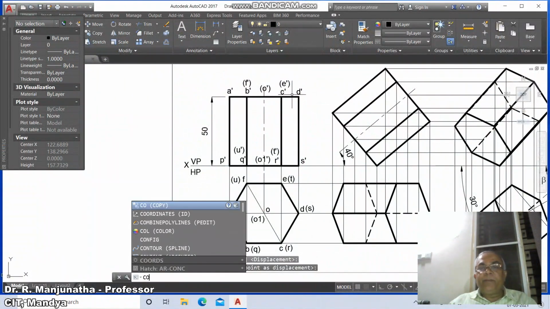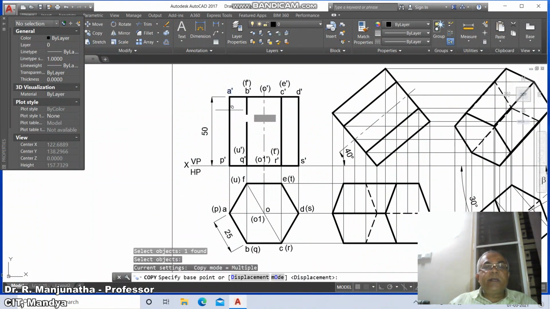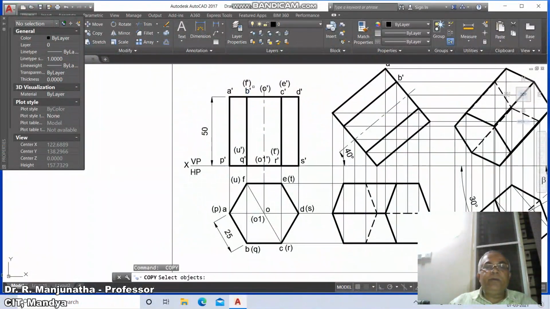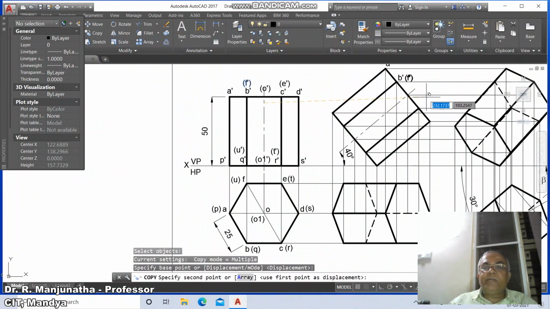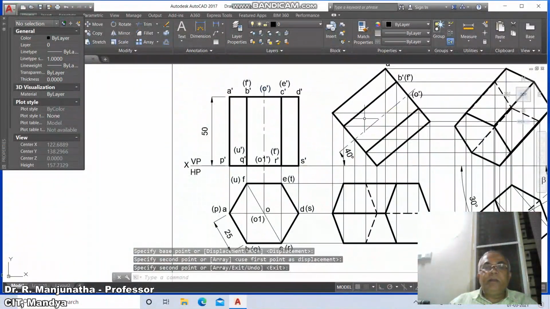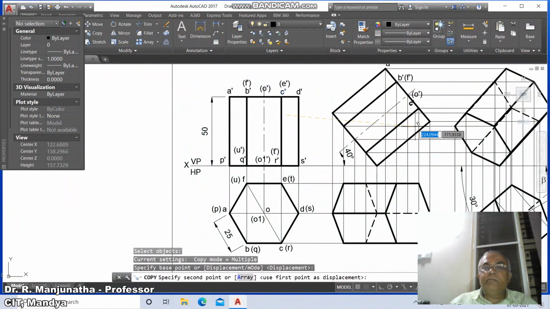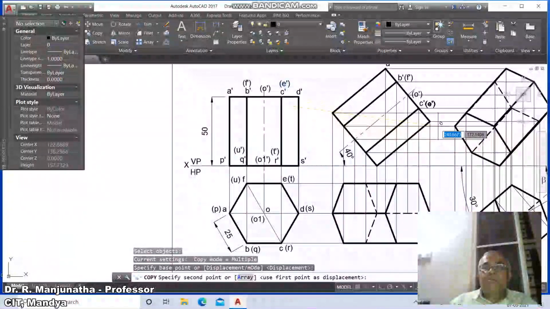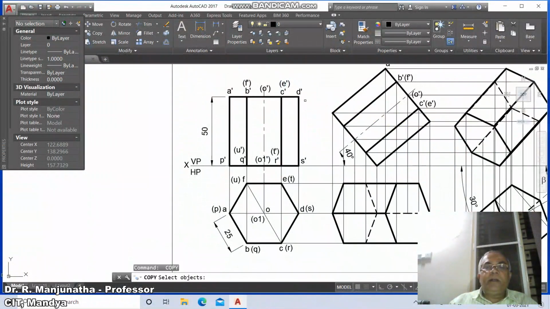Then go to copy, select A dash and copy to the next position, then B dash. Here you copy this to F dash, then O dash, then C dash, then E dash, then D dash,